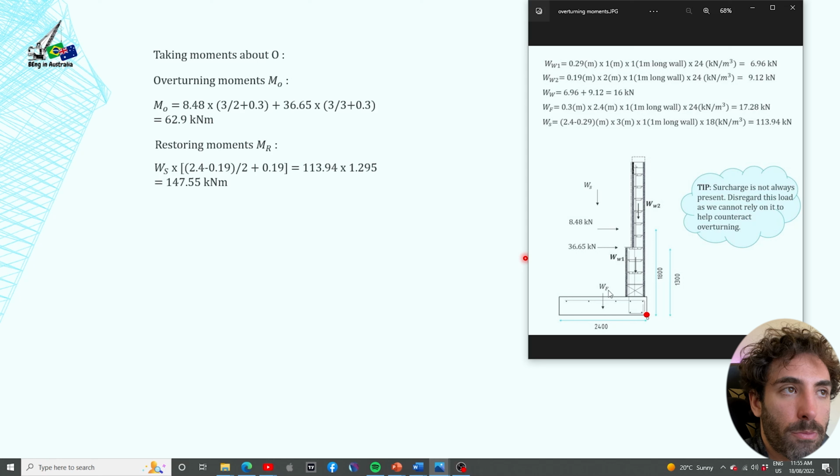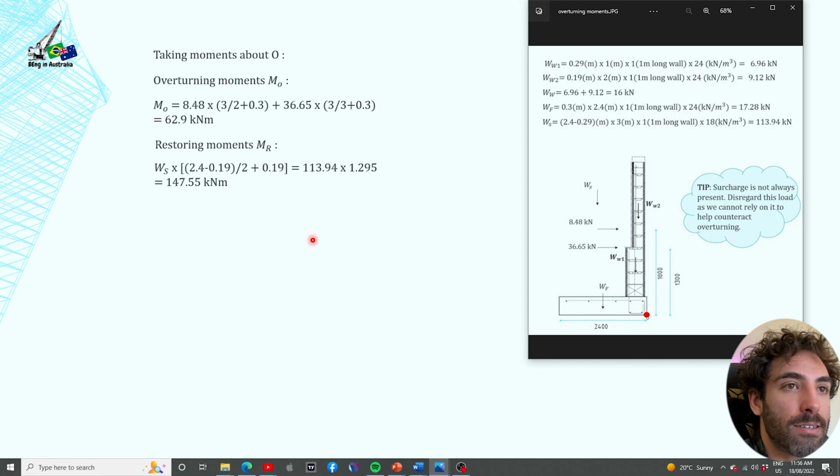Okay, so repeating that again. It's 2.4 minus 0.19 divided by 2, that's the distance from here to here, plus 0.19. So we're pretty much trying to find the perpendicular distance horizontally from this point load here up to the point O. And that distance is 1.295. Then we just multiply the self-weight of the soil that we found in the previous slide, which is 113.94. That gives us a restoring moment of